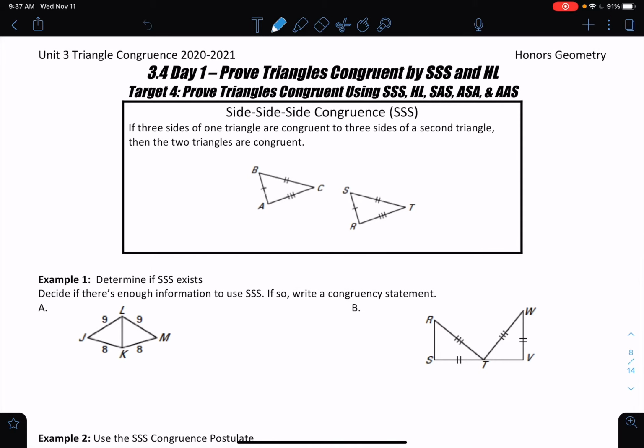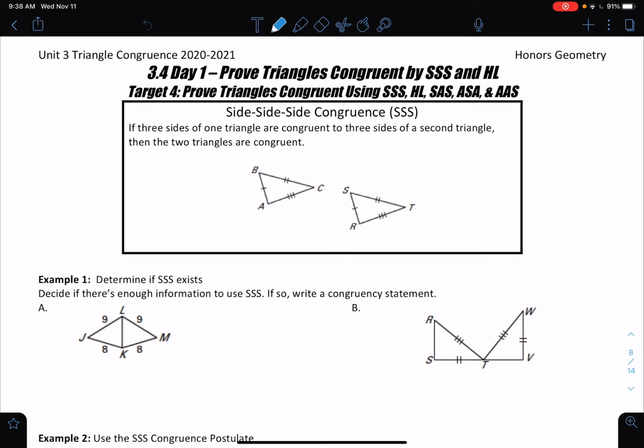Hello everyone. In this video we are going to begin our discussion on how to formally prove that two triangles are congruent. There's going to be multiple theorems that prove the triangles are congruent over the next several videos. The first one is side-side-side congruency, or SSS. If three sides of one triangle are congruent to three sides of a second triangle, then we know the two